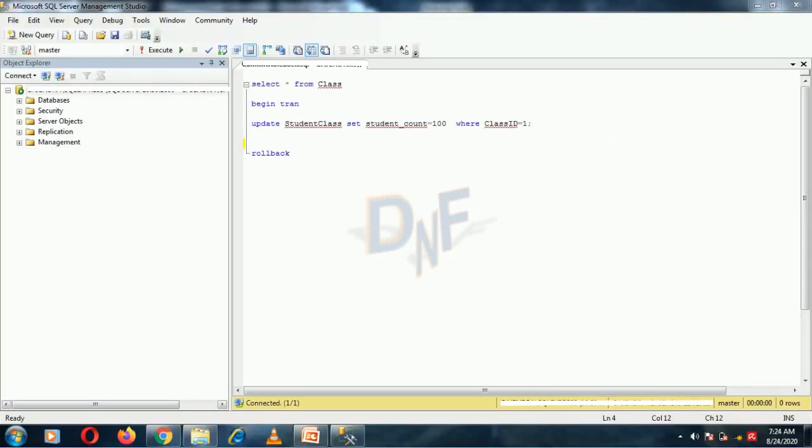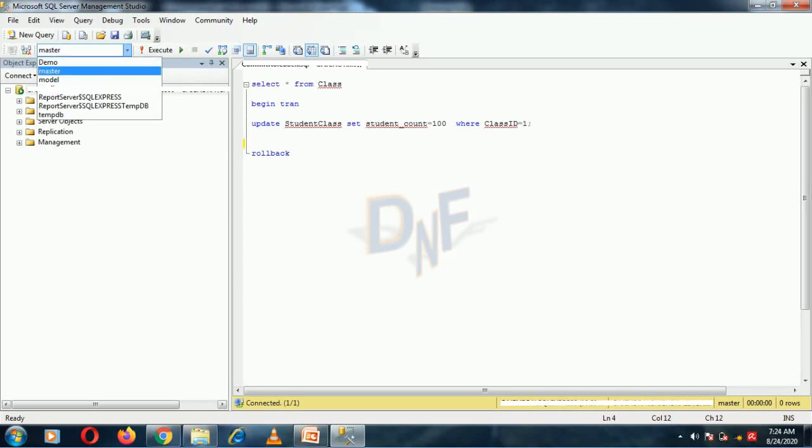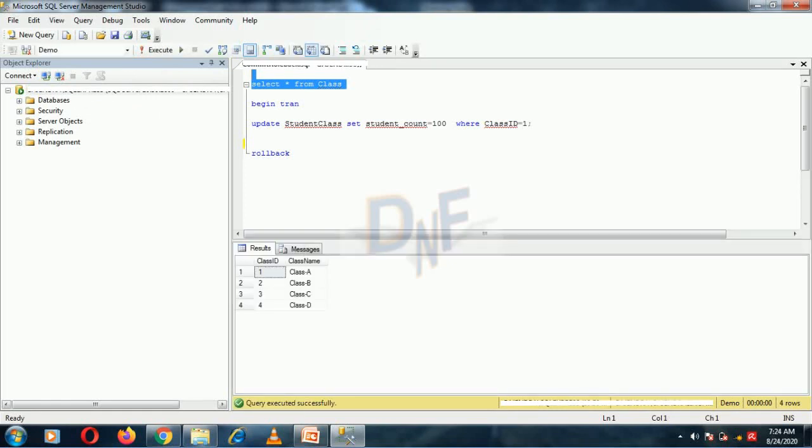Here we have SQL Server, and I have one table, the class table, in a demo database. The class table has two columns, ID and class name. For example, I want to update the class table and change the class name to XYZ where class ID equals 1.